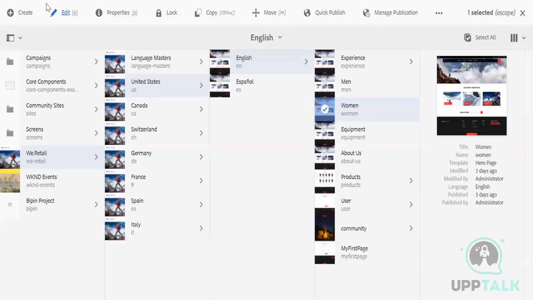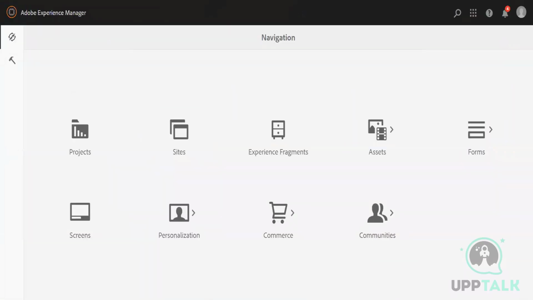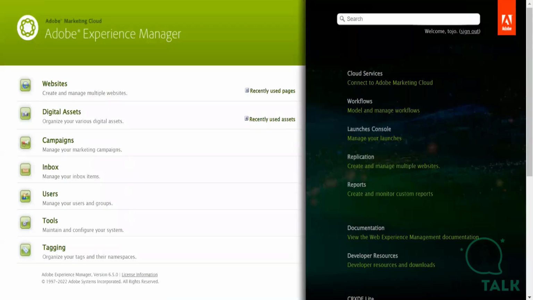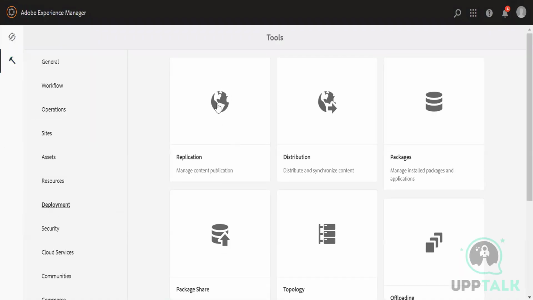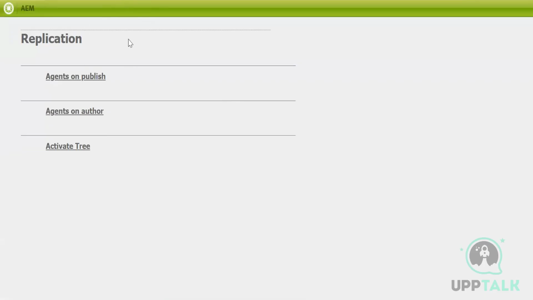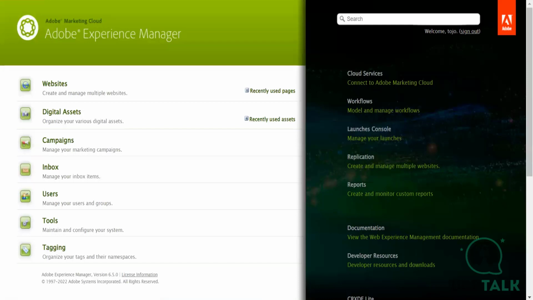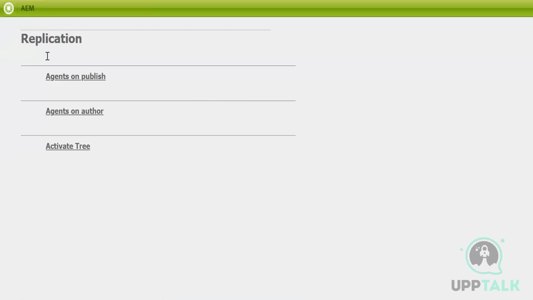Okay, so this was about the classic UI and touch UI. Previously it was all classic. Now everything is in touch. There are a few screens which are still on classic. Even if you remember, when I go over this hammer and go to the deployment, when I went to this replication, it took me to this screen, replication. Here also in the classic UI screen, I have this replication, so it will take me to the same screen. So there are a few screens which are still based on the classic UI,